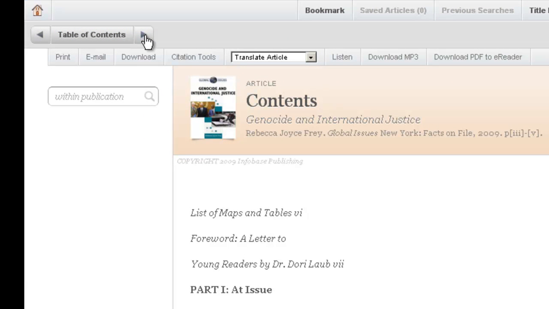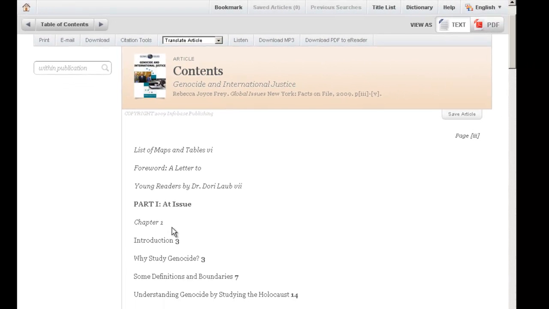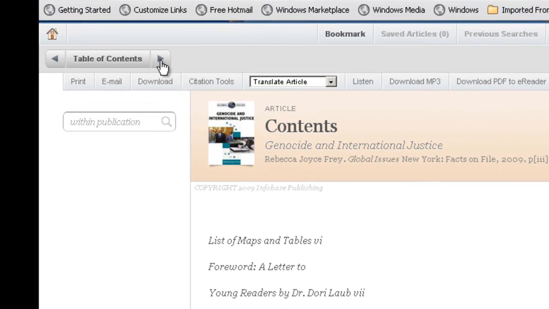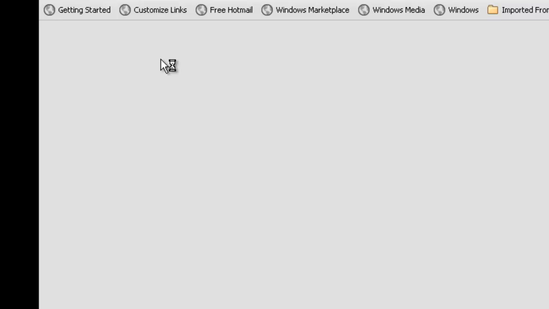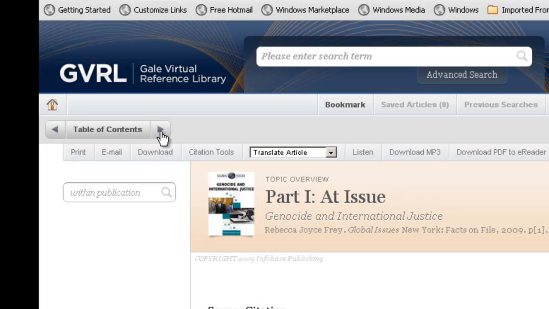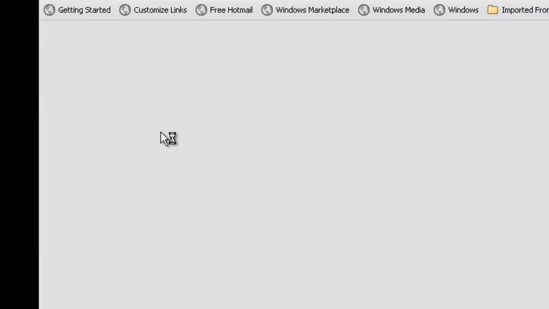And this will step us through article by article, and each article is what is italicized. So it will step us first through the list of maps and tables, the foreword, the young readers, then part 1, and then chapter 1. So let's do that. Clicking to the right, we go first to the list of maps and tables, and then the last click takes us to the next section,